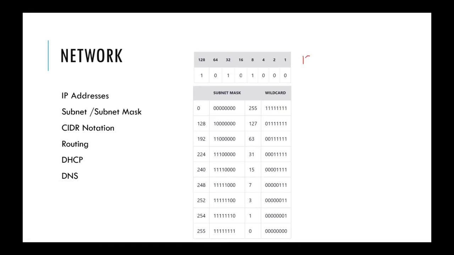So for instance, if I have something like 192.168.10.0, this is my network ID for my network, saying that the first 3 blocks identify my network. And since this last block is also made up of 8 bits, which allows us up to 2 raised to power 8 units, which is about 256, it means that this block can allow me to identify about 255 or 254, as the case may be,